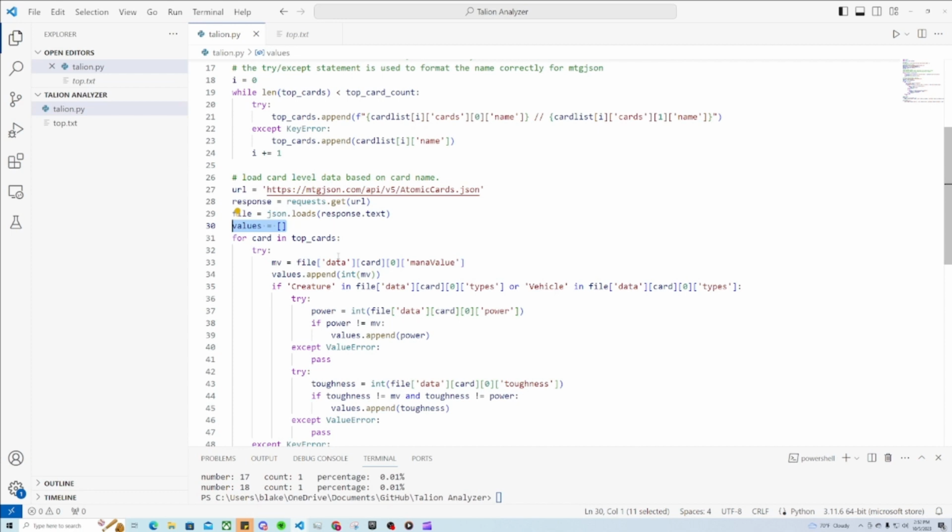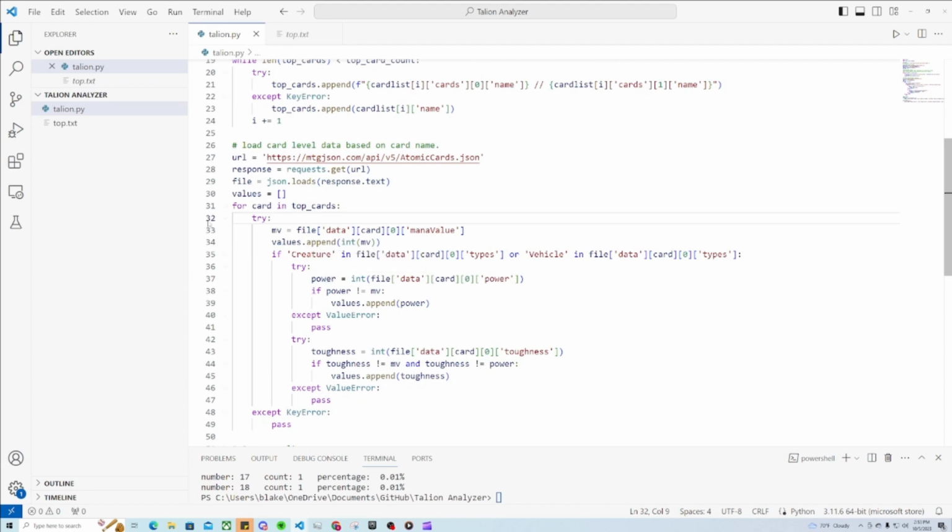Eternal Witness has a mana value of 3, a power of 2, and a toughness of 1. So it would trigger on 3, 2, and 1. Soul Ring has a mana value of 1, so it just triggers on 1. So anyways, for each card, what we're going to do is